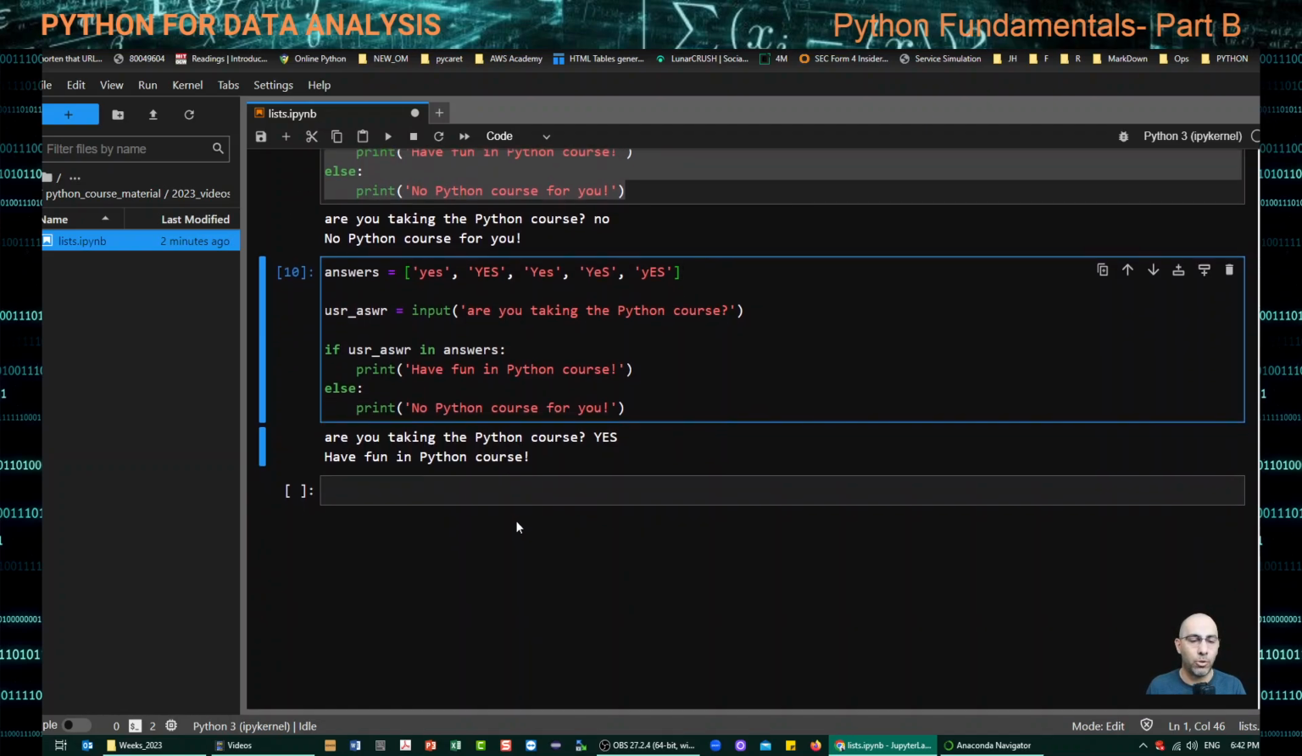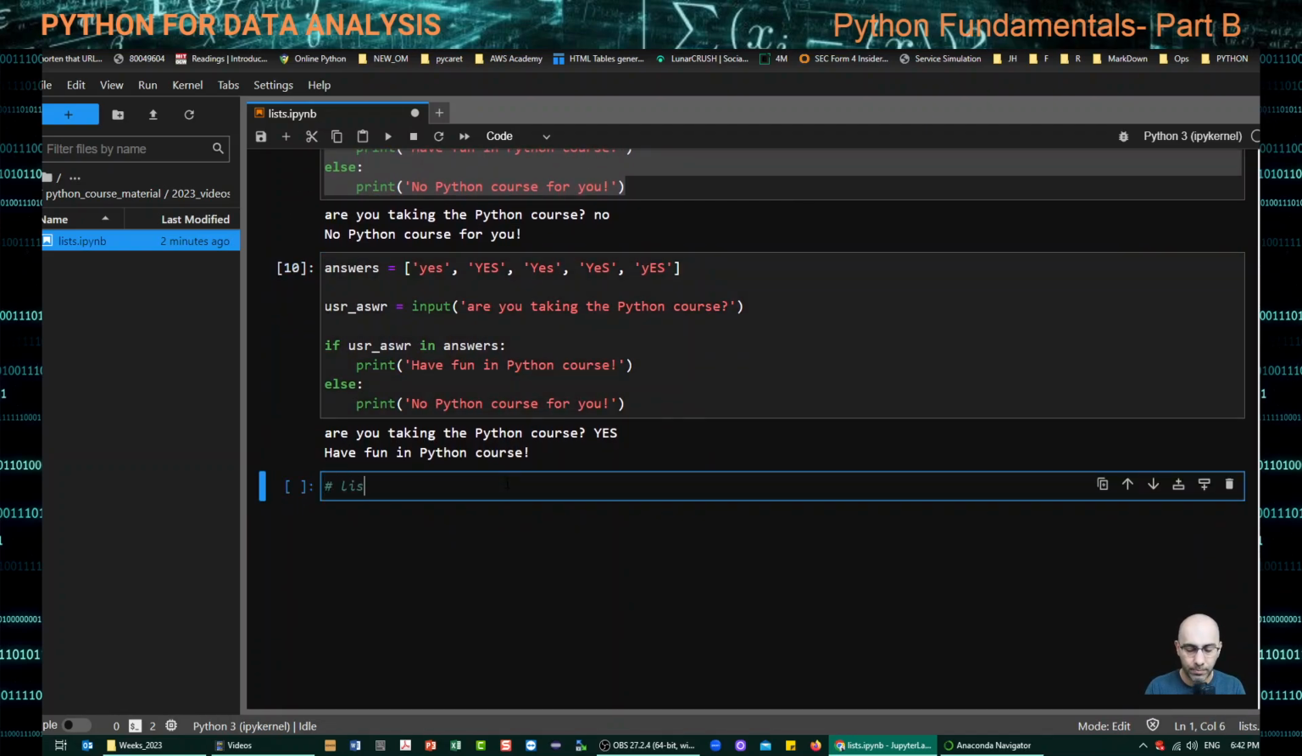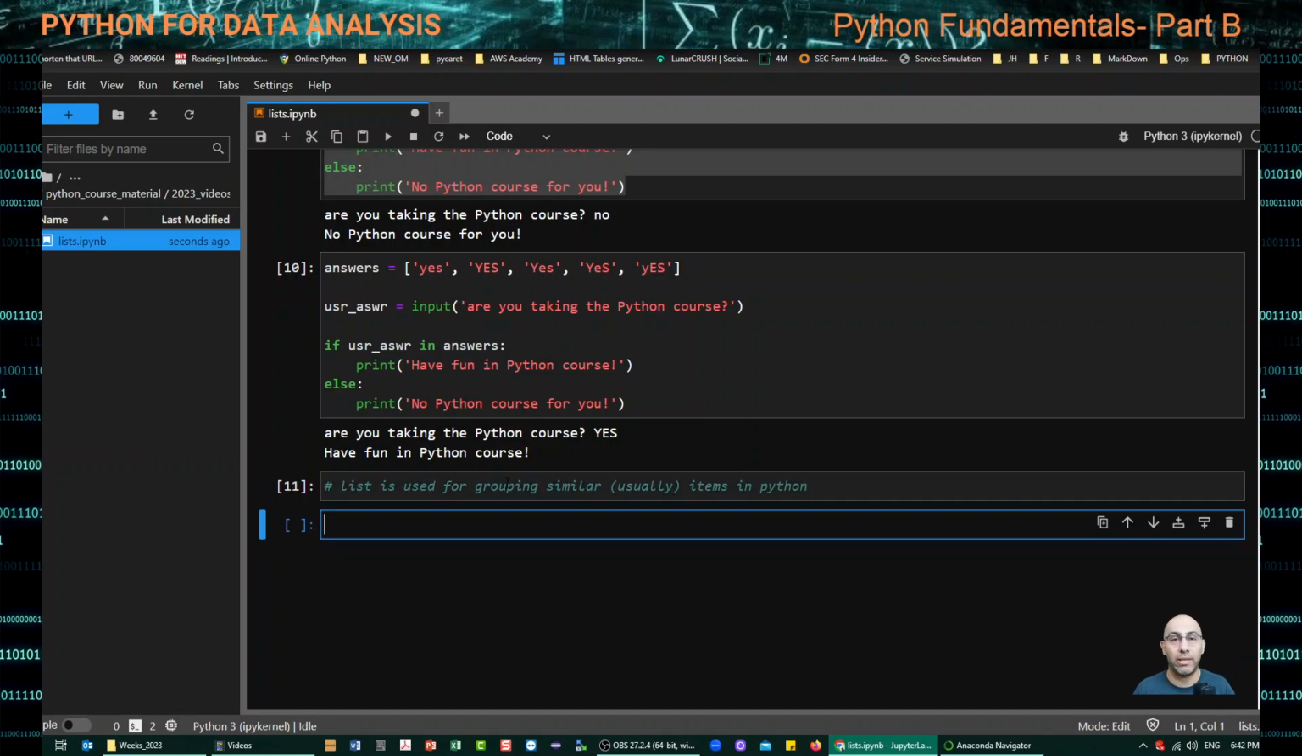Let me write one more time: list is used for grouping usually similar items in Python. This list is used quite a lot, and even when we switch and talk about pandas, we are going to come back and revisit list. So in the next videos, we are going to learn how we can create a list, how we can modify it,